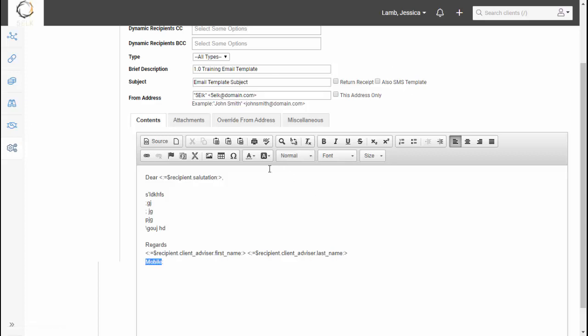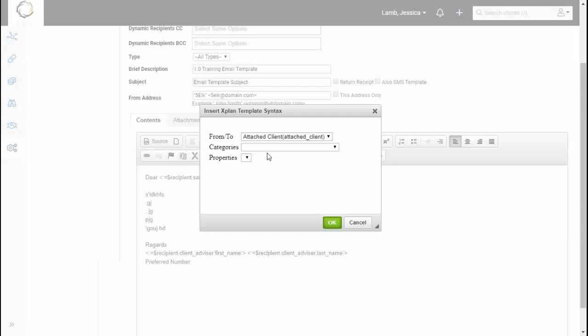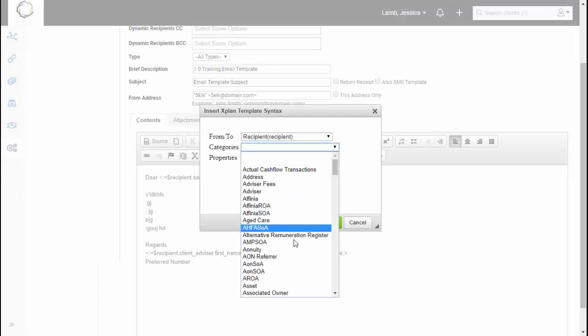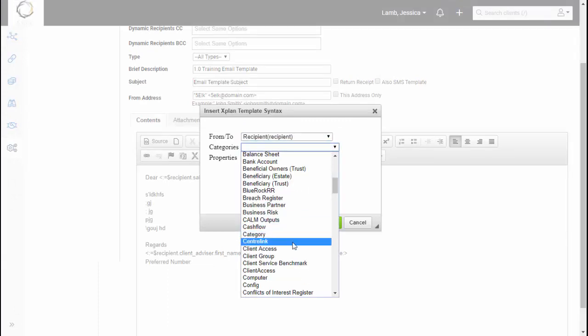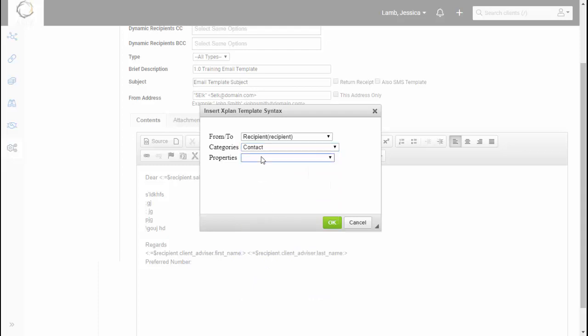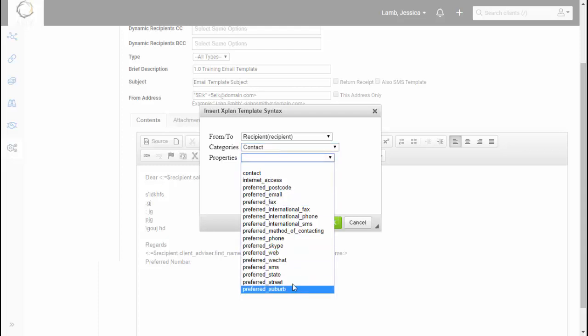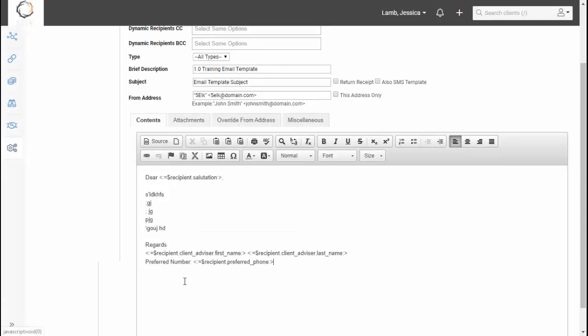Or preferred phone number is actually probably easier. So the preferred number. You can use the syntax of the recipient's preferred number, which sits under contact, and preferred phone or preferred email. You choose either. And again, using that hack, we're just going to add